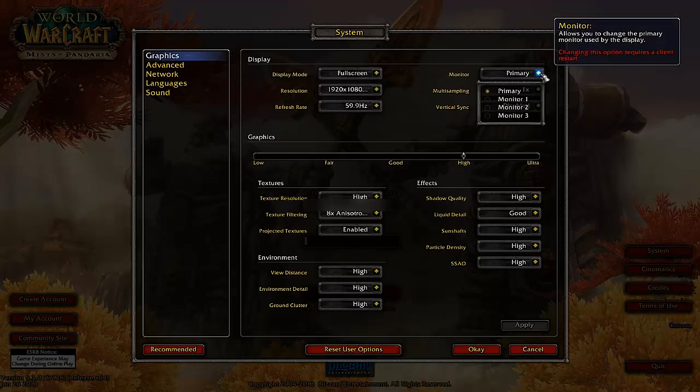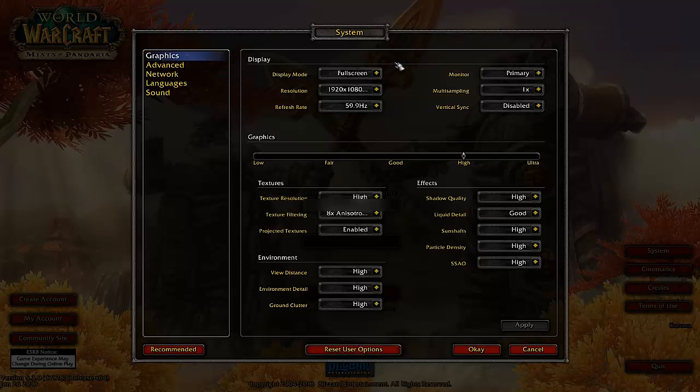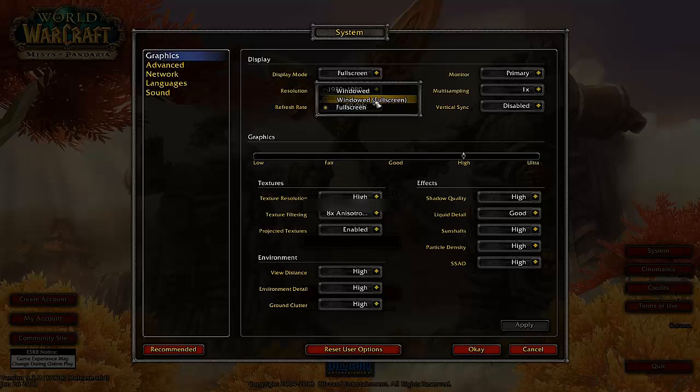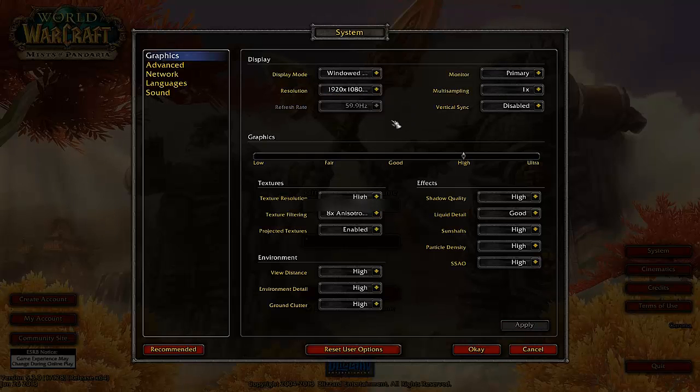Now something I do like to do, I've got 3 monitors, so I'm having this one on the primary one because it's the biggest. Something I do like to do though is windowed full screen. I like to keep the game in windowed full screen mode because with multiple monitors, I can much more easily switch between monitors. If I want to quick look something up to get some help, if I'm not understanding something,